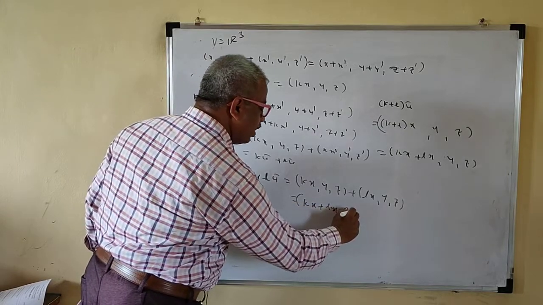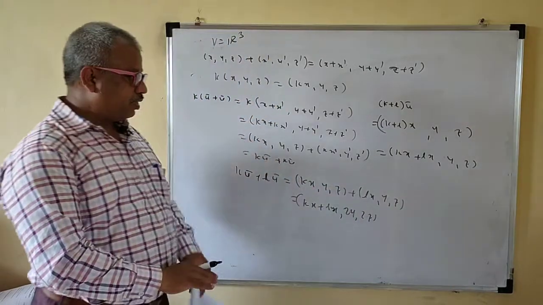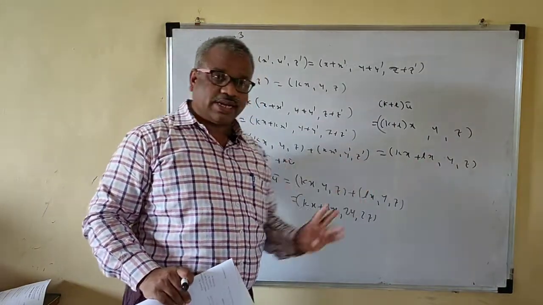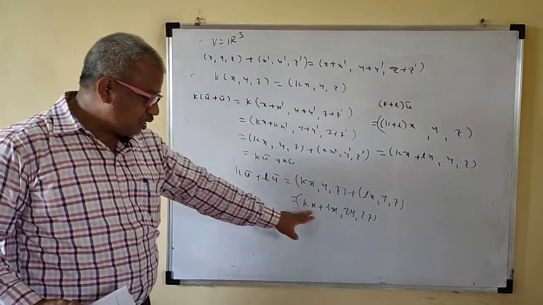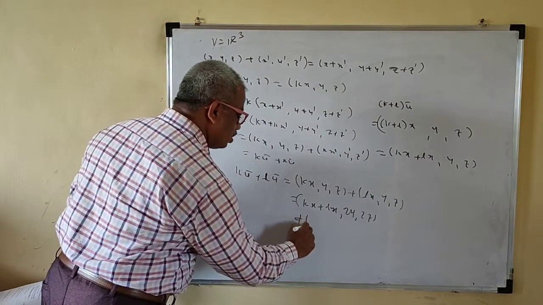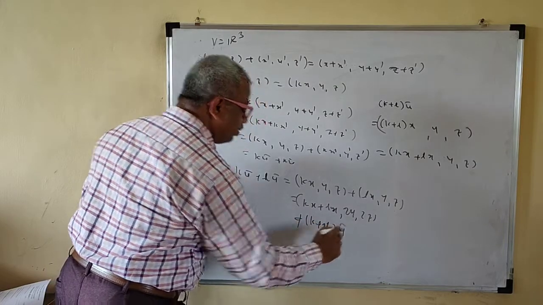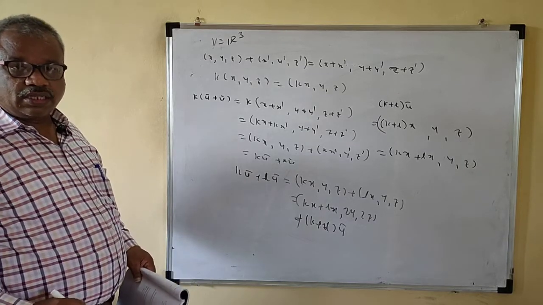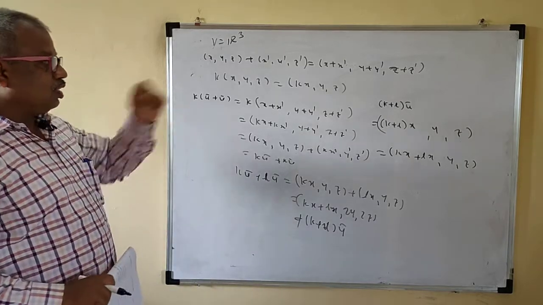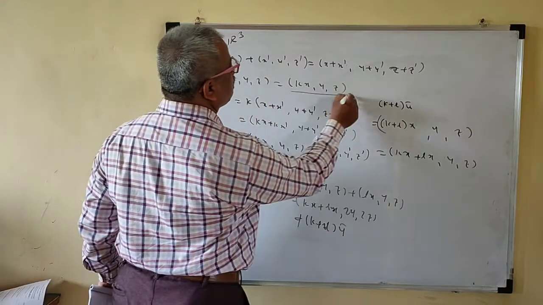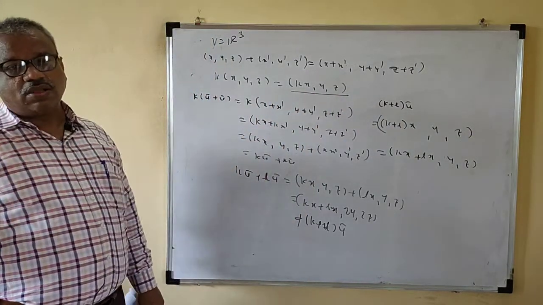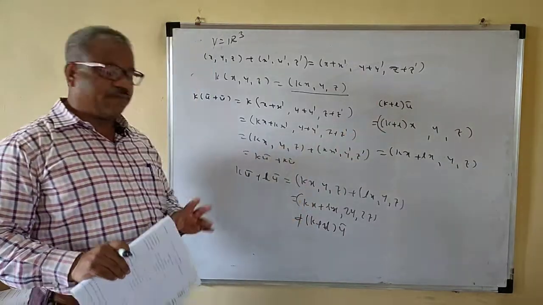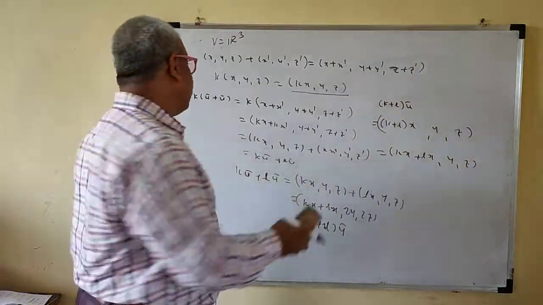lx twice, y twice, z twice, and this is what here? What is (k + l)ū? It is lx + kx + lx, yz. And what is kū + lū? So this is not the same as (k + l)ū, right? So the distributive law over the scalar multiplication does not hold. So this V is not a vector space. If such an operation is there, then it is not a vector space. Which property failed? This property failed: (k + l)ū is not the same as kū + lū. So note that.